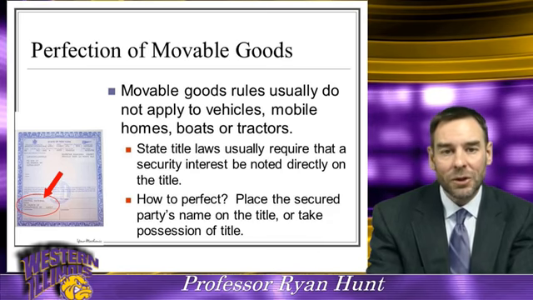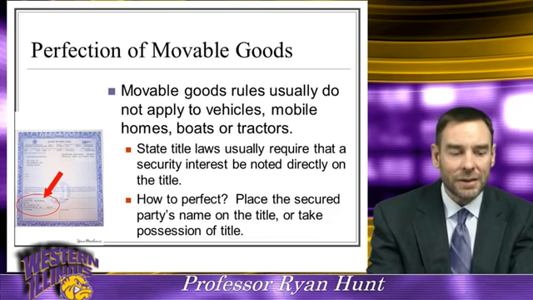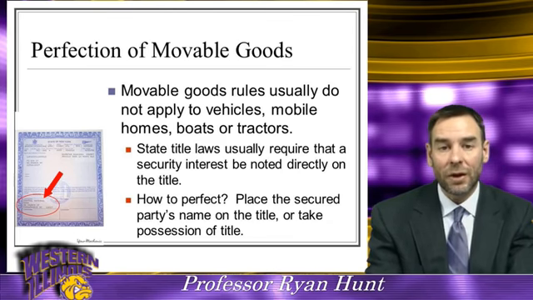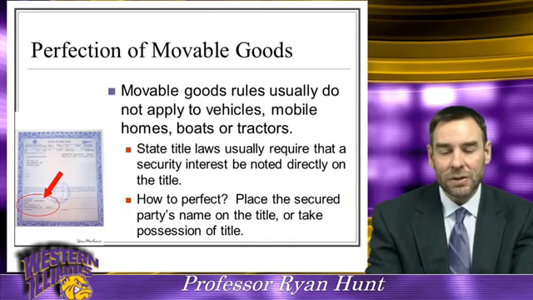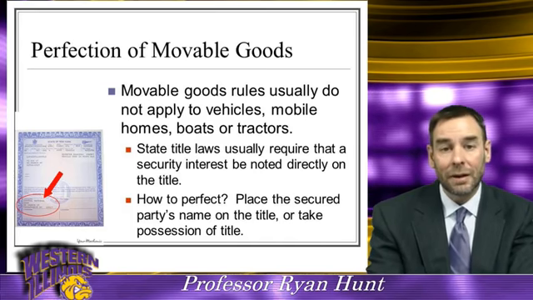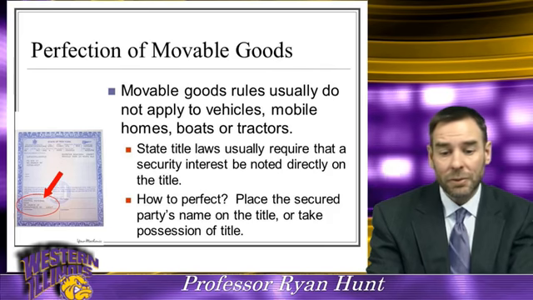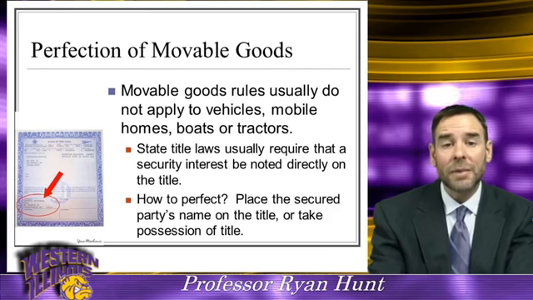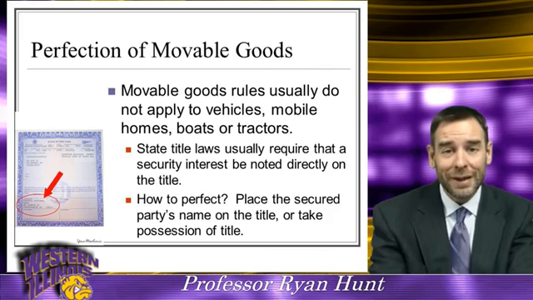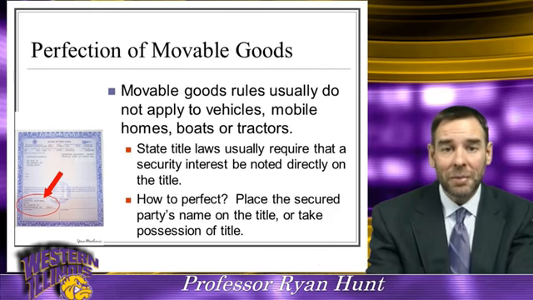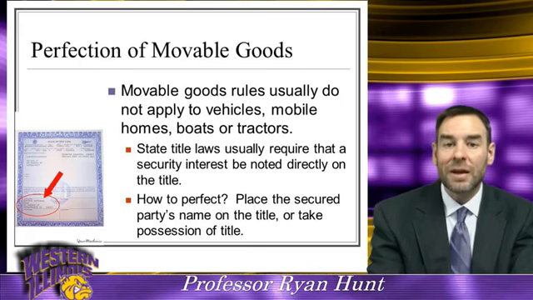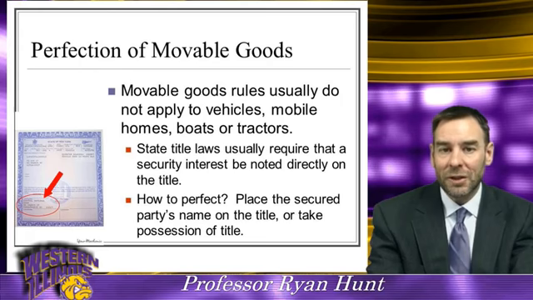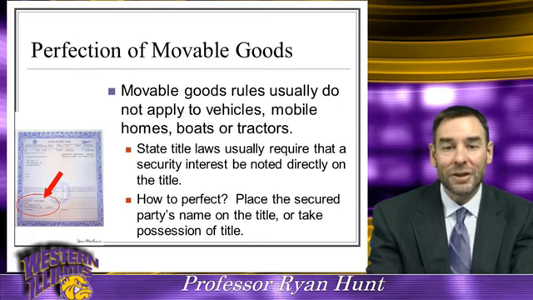Right? So banks or any secured parties don't have to go to the Secretary of State's office and do a filing of a financing statement or all that. We just put it right on the ownership document, and everyone knows this. Same thing for mobile homes, for boats, and again, some tractors and those types of collateral. So how do we perfect? We place the secured party's name right on the title, or some banks will take possession of the title, and some will do both. If you've gotten a car loan, you know that maybe the bank you borrowed the money through will keep the title, to keep possession of it until you make your last payment. Then they'll give it back to you, and they do that so they can make sure that their security interest is perfected in